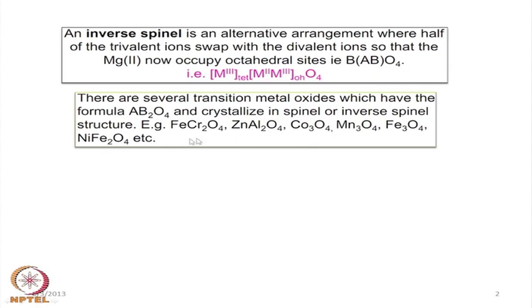But we can have both sites occupied by transition metal ions, such as where all of them are manganese, where all of them are cobalt, where all of them are iron, and half of them can be nickel and the other half iron. Because in the case of